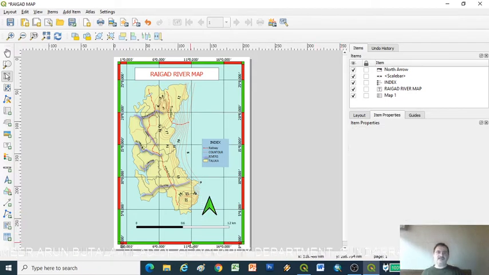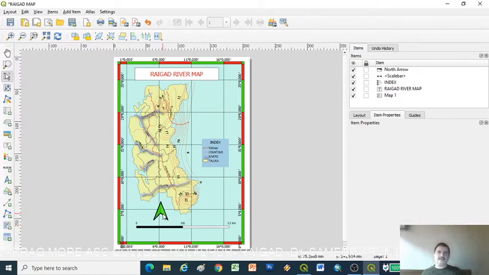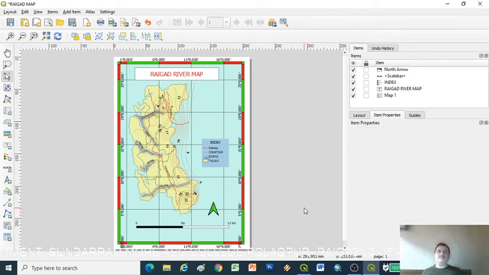In this way we can click the north arrow, or at any place we can keep the north arrow. Now my map is ready for printout.